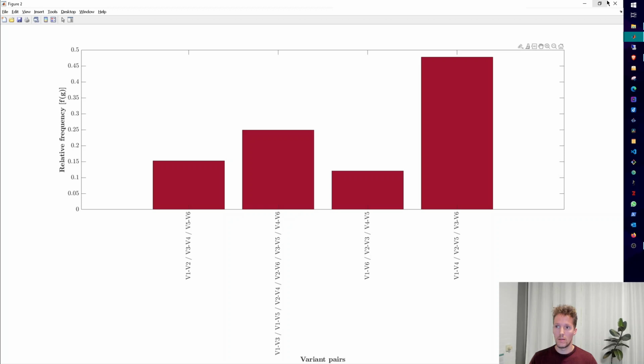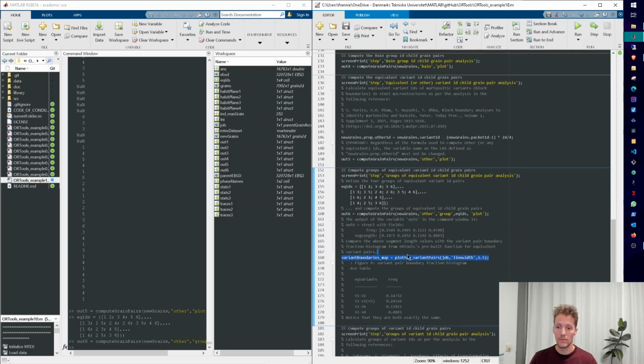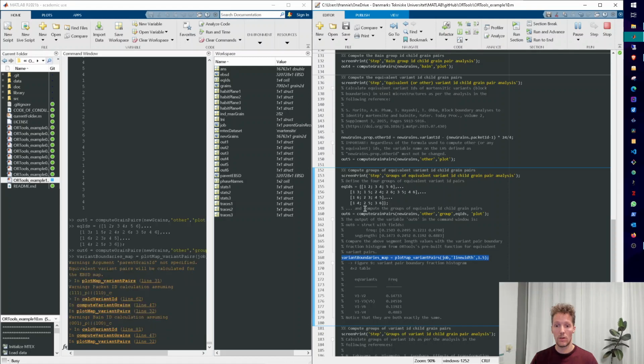So you're basically able to define your own other ID and to define your own equivalent groups for your own application. These are some very prominent standard applications. But you're welcome to come up with your own application here. The function has been designed in a way that can allow general plotting of any types of ID combinations and